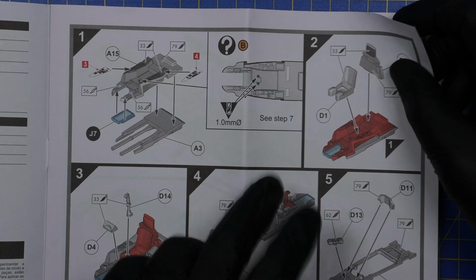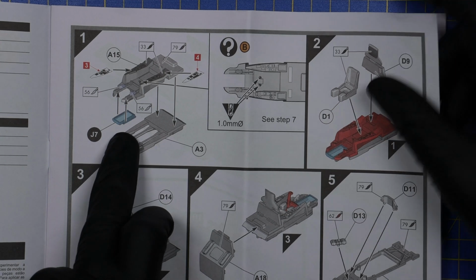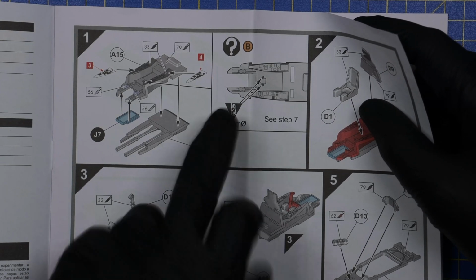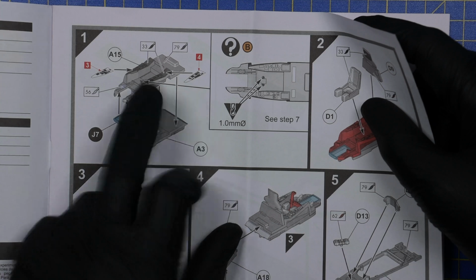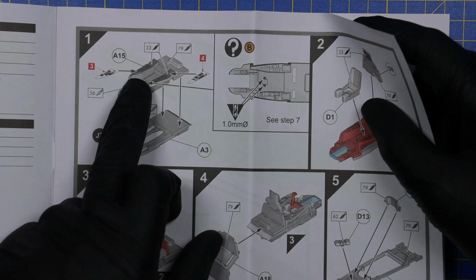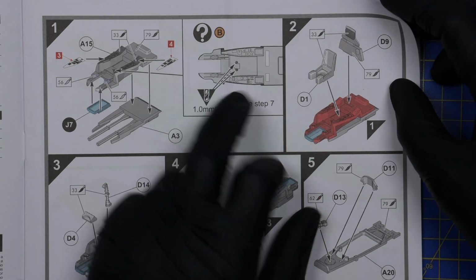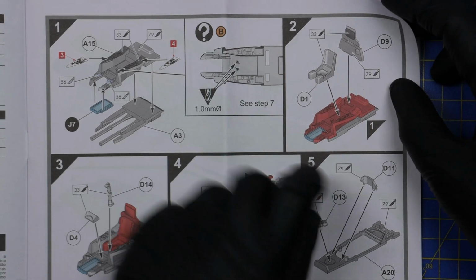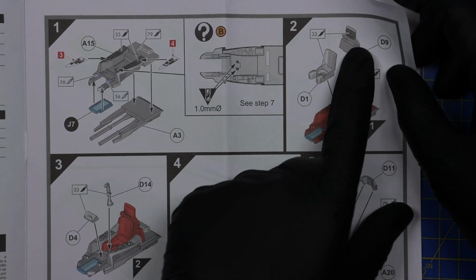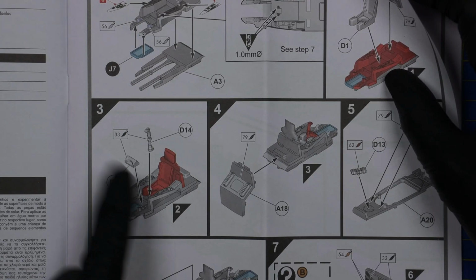Now here we go to the cockpit with the observation window in between the pilot's legs. And then some coloring. I think 33 is black, and then you put the decals on top. Yeah, and you glue it on top. If you use the B variant, which is the big gun, you're going to have to drill these holes here. Then you put in the seat and backrest, headrest, then front instrument panel,